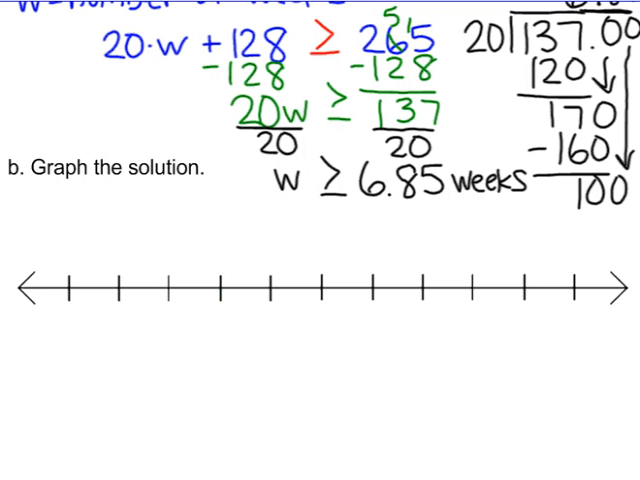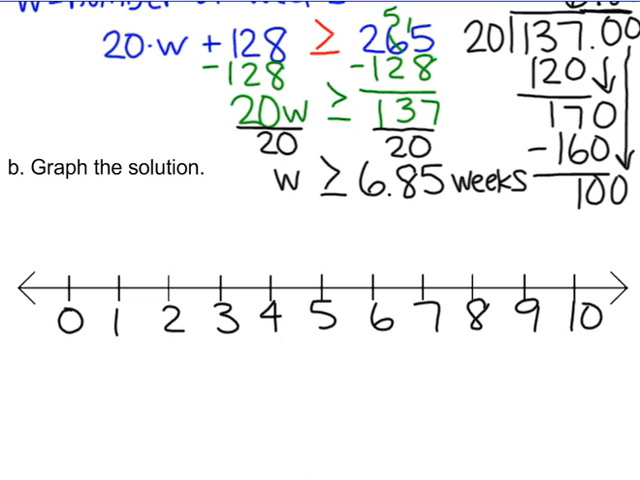So with my graph, I'm going to start numbering. Whenever you make a graph, you want to make sure you have at least 2 numbers on each side of the number you're graphing. So a total of 5 numbers at a minimum on your graph. Because we're talking about how much we need to save, it would really make more sense to say that W is greater than or equal to 7 weeks, because that's the first point where we're actually going to have enough money. And this is going to be a discrete function,